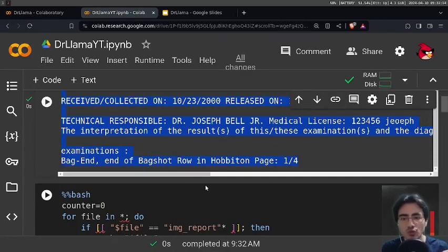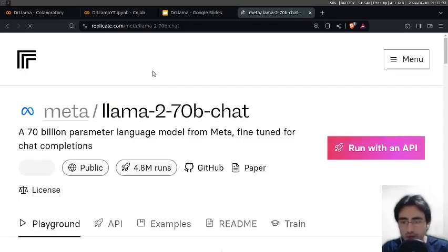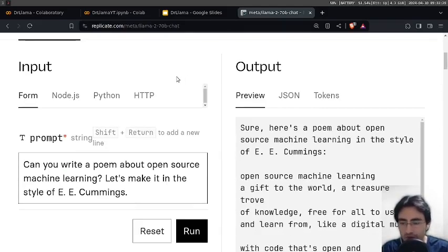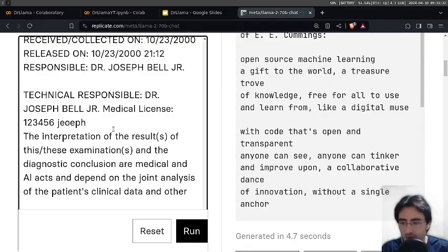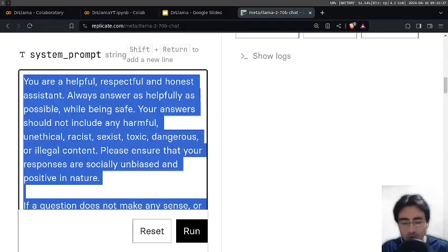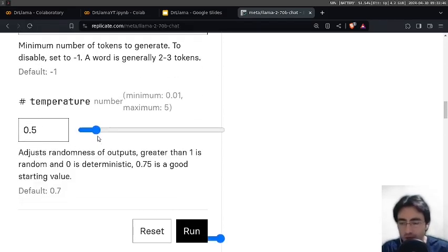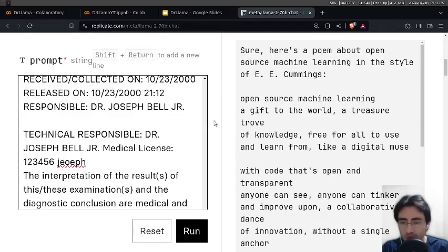To test Llama 2, I'll use the model that is available on Replicate, and we're going to be experimenting with the 70 billion model. What we're going to do is, let's paste the extracted text from our PDF. Our system prompt, we won't need it. Let's increase the tokens used. And also let's remove the temperature to have more deterministic answers. The prompt is going to be,